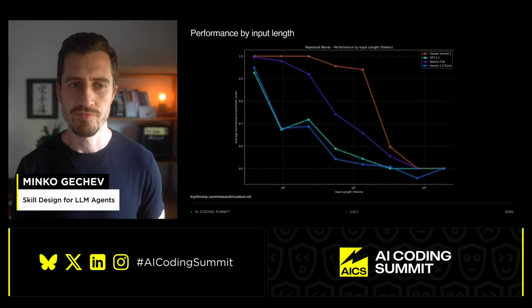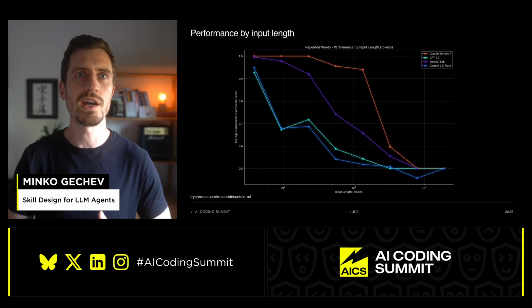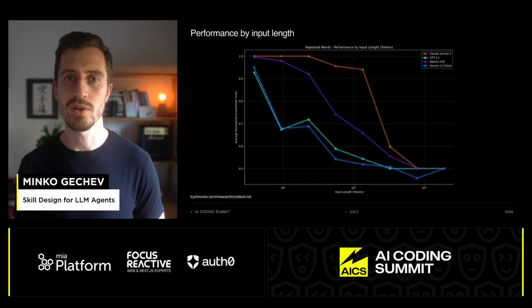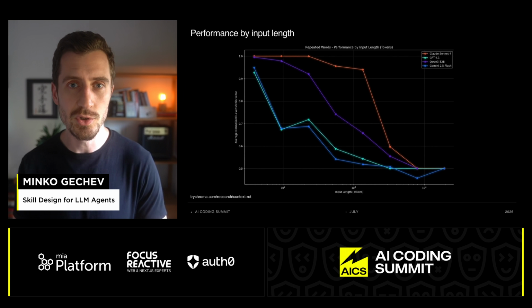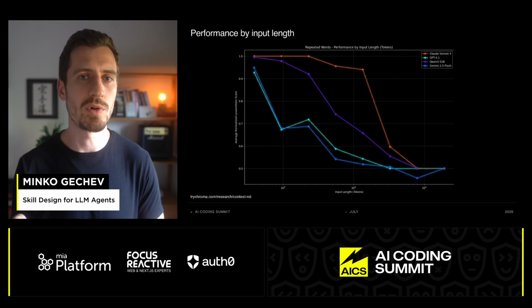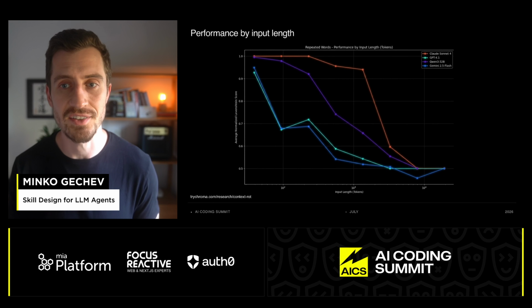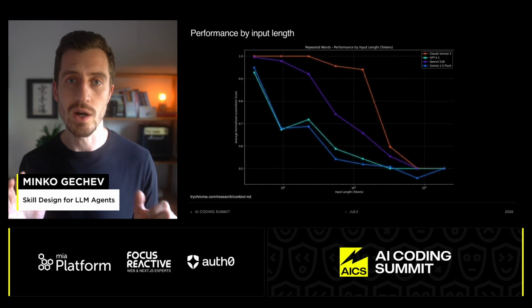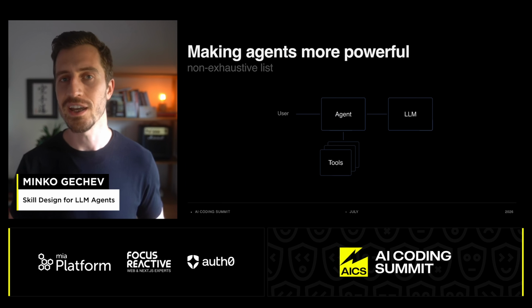Usually, a lot of agents are doing their own context compression, so we don't have to think that much about it. But at the end of the day, if we would like to have efficient execution of our agentic loops, we need to be aware about what we put into the context and get rid of things that are unnecessary. So taking all this into our mind, adding it to our context, how do we make agents more powerful